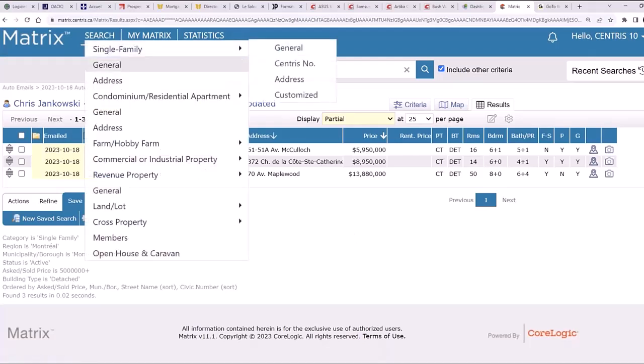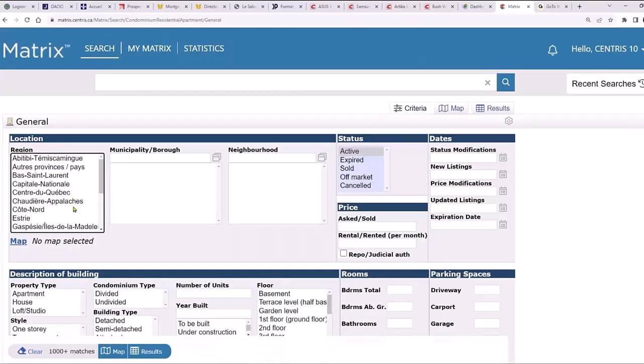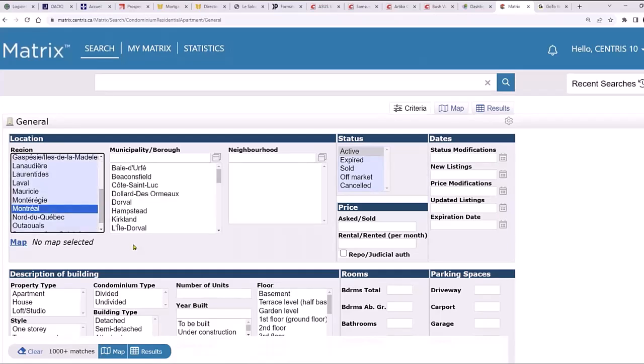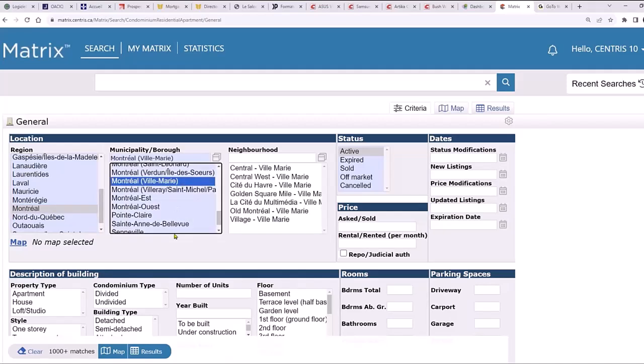Let's say I'm going to do another search. Let's see, condos. Let's say a general search for condos. This time around, I don't know where else to search for condos other than, let's say, downtown Montreal, but I'm open to suggestions. If anybody has any suggestions, do you want to see maybe Laval or anything like that? I'm open to it right now, if you want to tell me. I just want to set up another search on the system here to show you what other options we have.